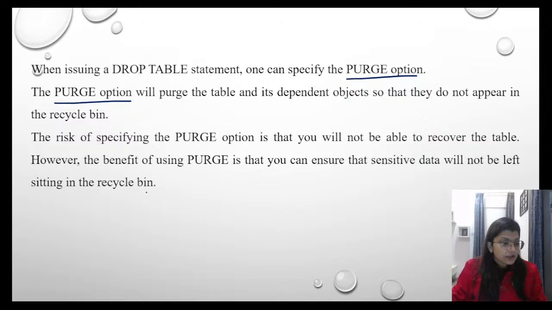recycle bin. So this means, Mishu, please refresh once and change the video quality, okay? So then your screen will be visible to you. Change the quality, change the resolution of video.